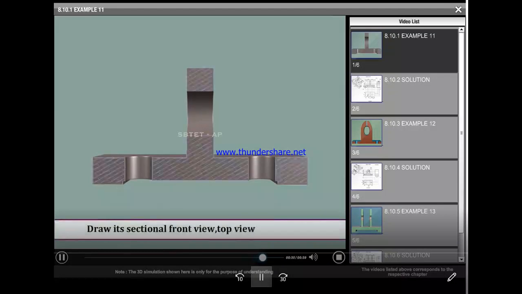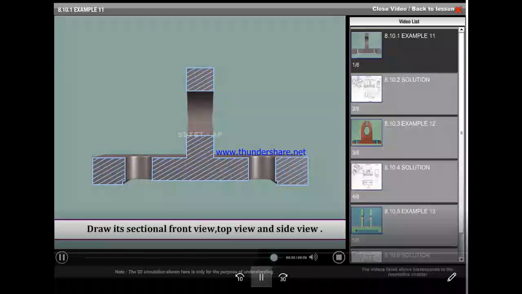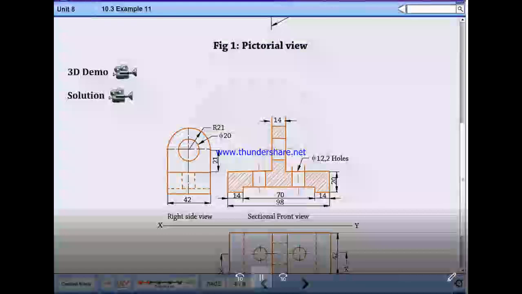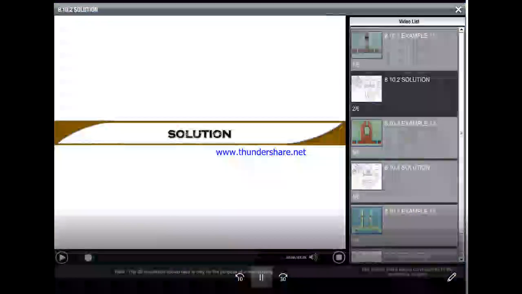We need to draw the sectional front view, top view and side view. Solution to example problem 11.